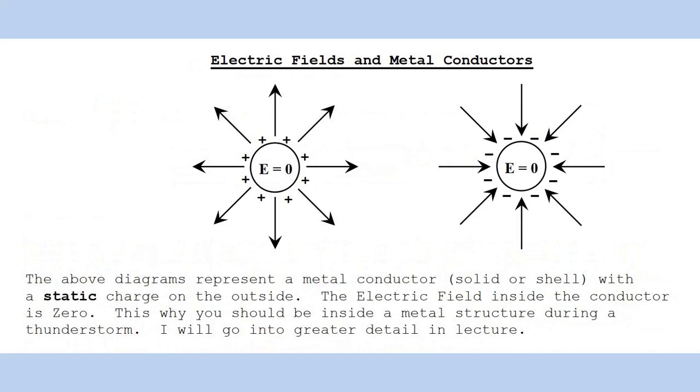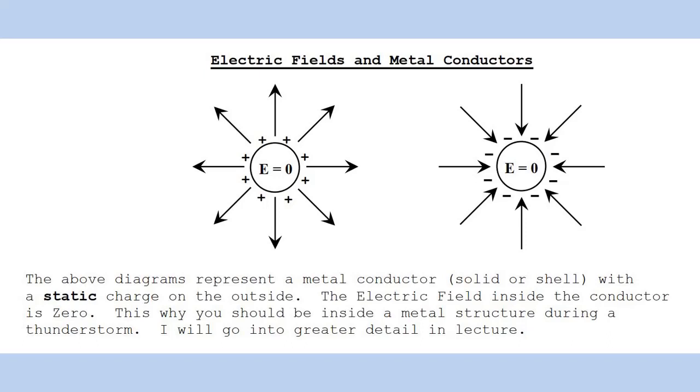I briefly want to discuss what the electric field is like within a metal conductor, whether the conductor is a solid, like a wire, or a shell, like a metal garbage can. In both situations, if the conductor develops a charge, positive or negative, the charge will quickly redistribute itself to the conductor's outer surface. This occurs because each individual charge creates an electric field which interacts with the other charges. So, the net effect is all charges move to the conductor's outer surface, resulting in an electric field of 0